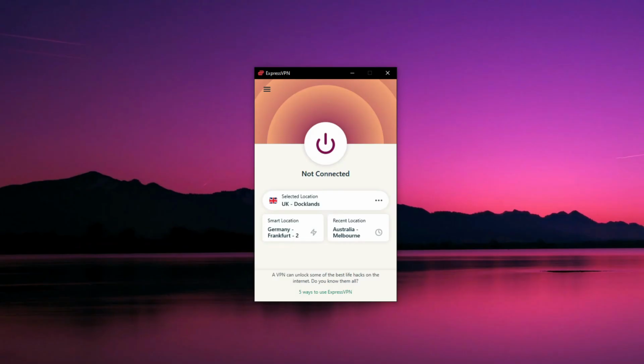As you had a chance to see, the answer to the question of how to use a VPN is very simple, and using ExpressVPN, CyberGhost, or any other VPN is not painfully complex. Even premium VPNs with lots of features like ExpressVPN are quite easy to use, making them great for beginners and those who don't want to spend a lot of time to learn how to use a VPN.